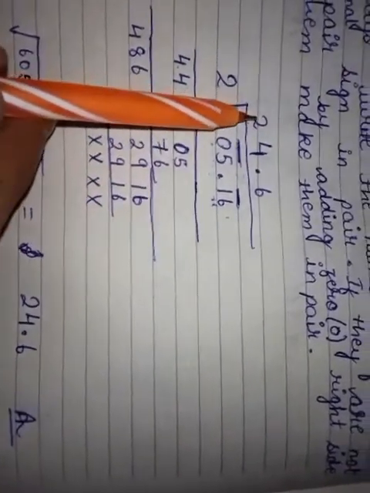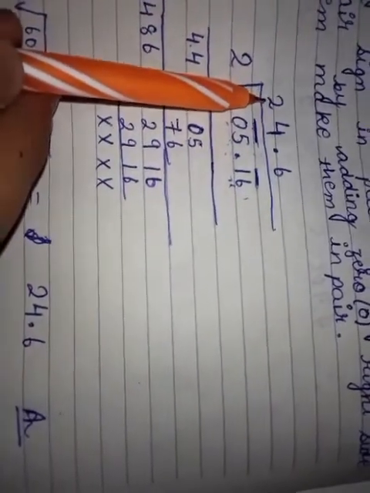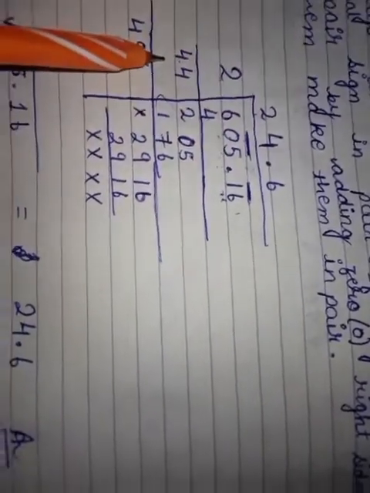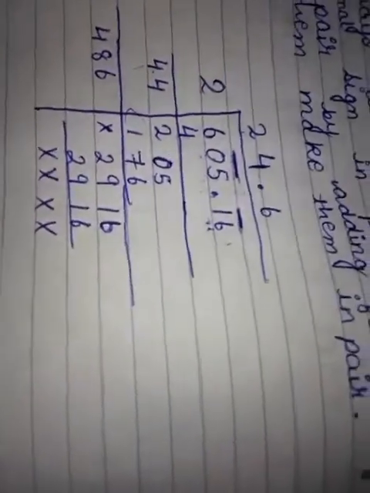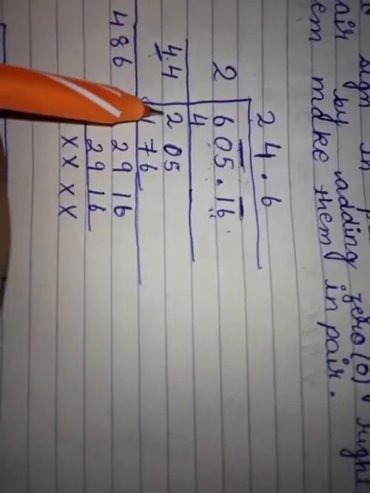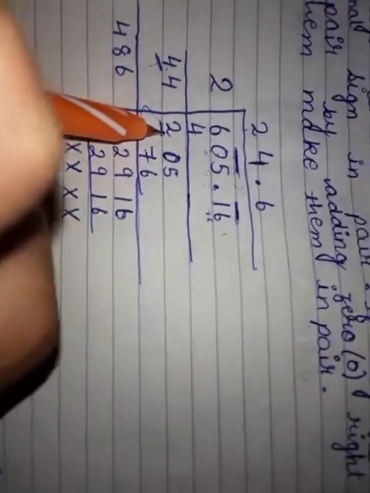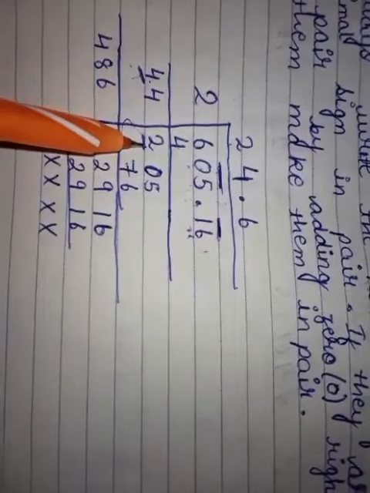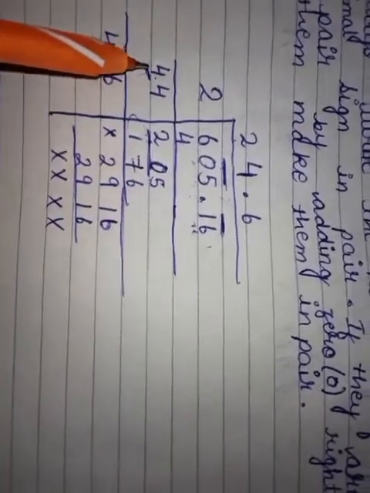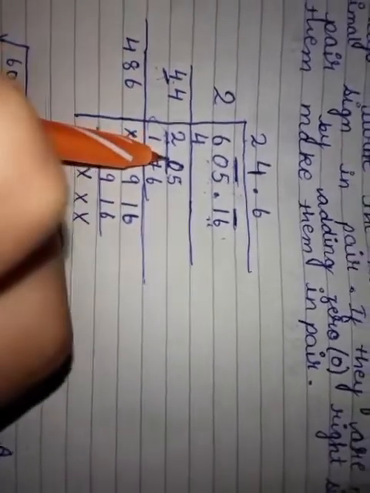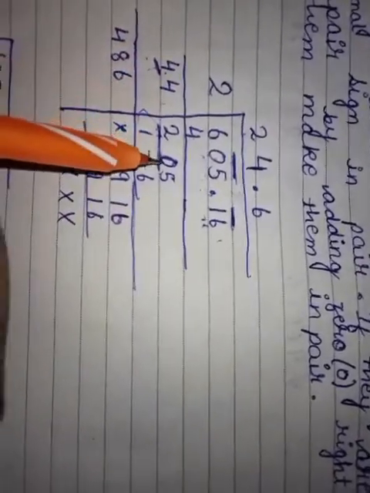Okay. And after that, the divisor will be double the quotient. The quotient is 2. 2 double is 4. And after that I am saying, here you can see the first number is 4. Here the first number is 2. You can see here 4 is greater than 2. Then I told you to take the second number also. Here 4, 20. 4 multiplied by 5 gives 20.